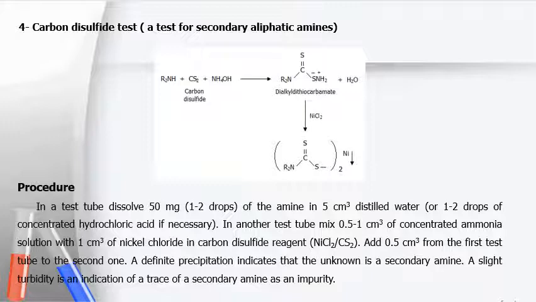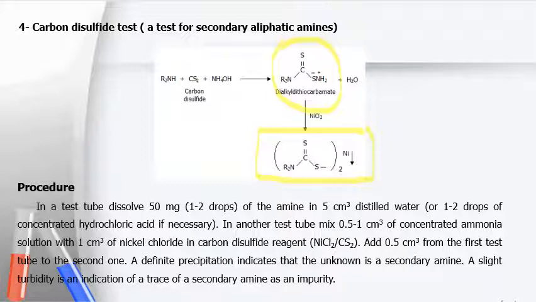in the presence of ammonium hydroxide, so it should give us dialkyl dithiocarbamate, which is this molecule on the right side. With nickel chloride, it will give us this complex. For the procedure, we dissolve 50 milligrams, which is 1 to 2 drops if it is a liquid, of the amine in 5 ml of distilled water, or 1 to 2 drops of concentrated hydrochloric acid if